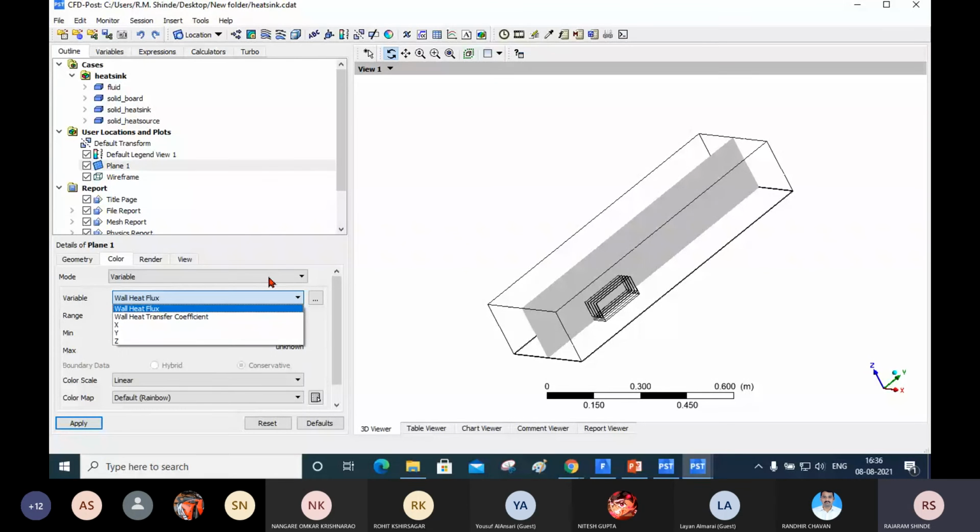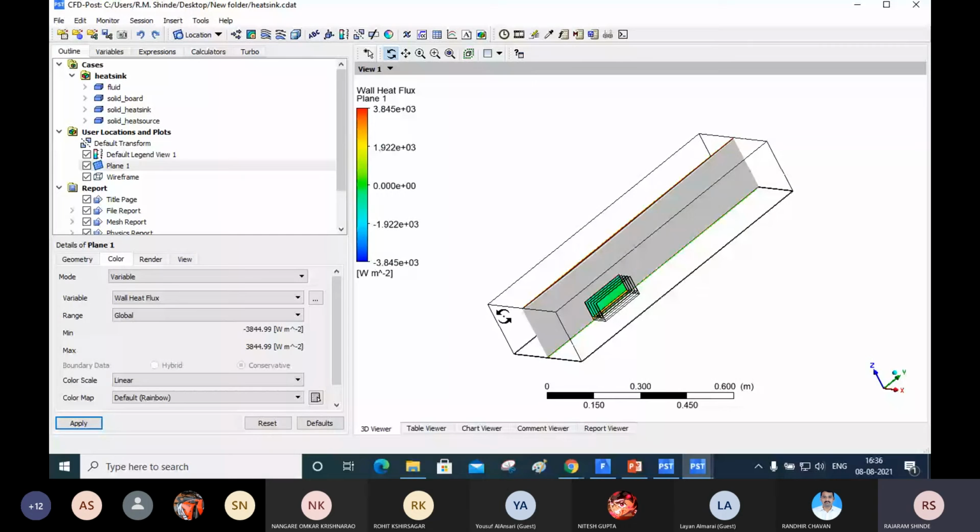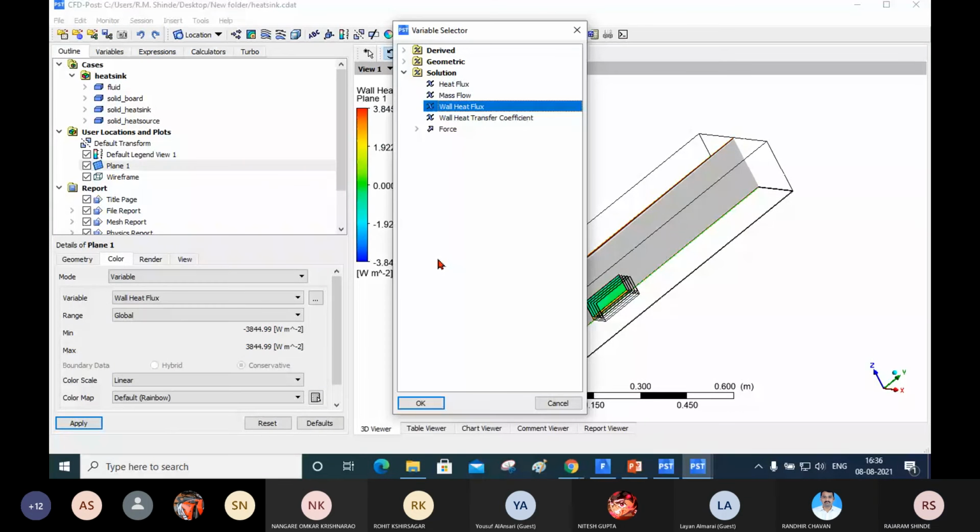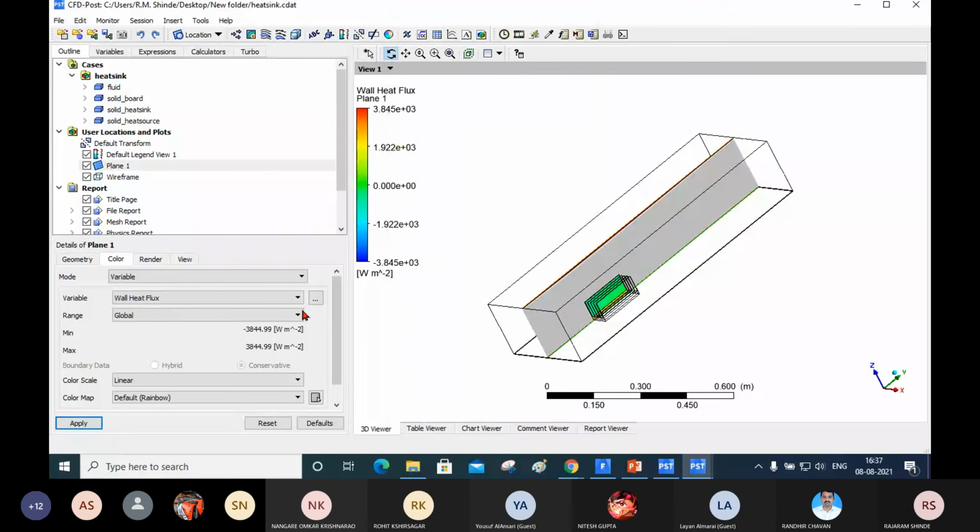No temperature variable. Why is it not working? Wall heat flux. I will click here. You see here wall heat flux is coming. Now we'll check here. Okay, now this is wall heat flux.